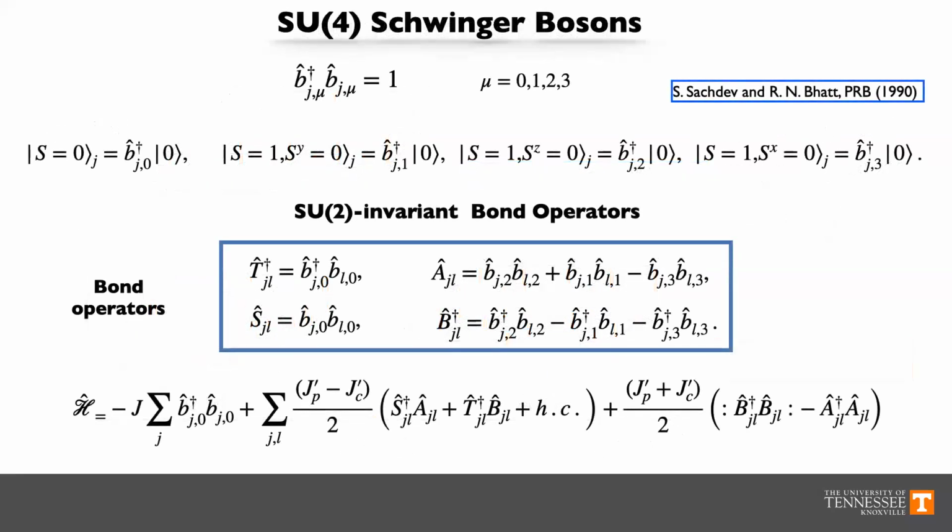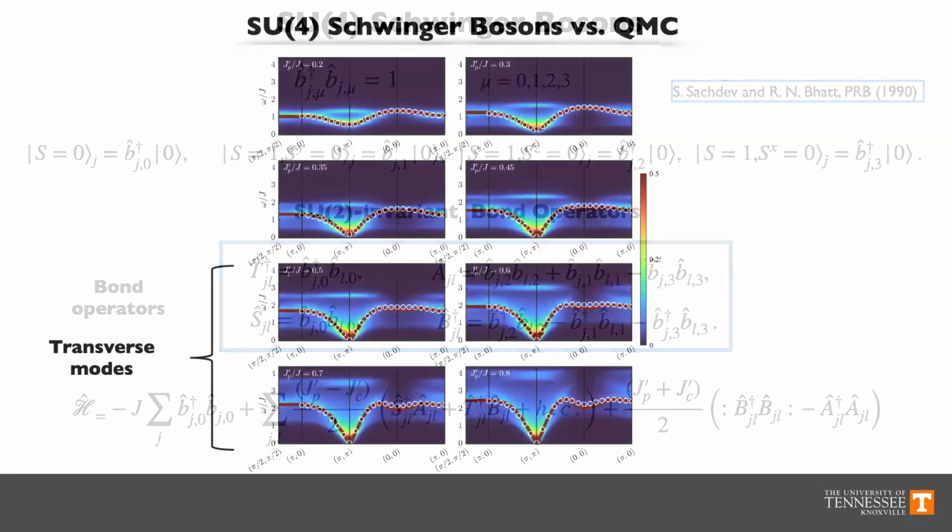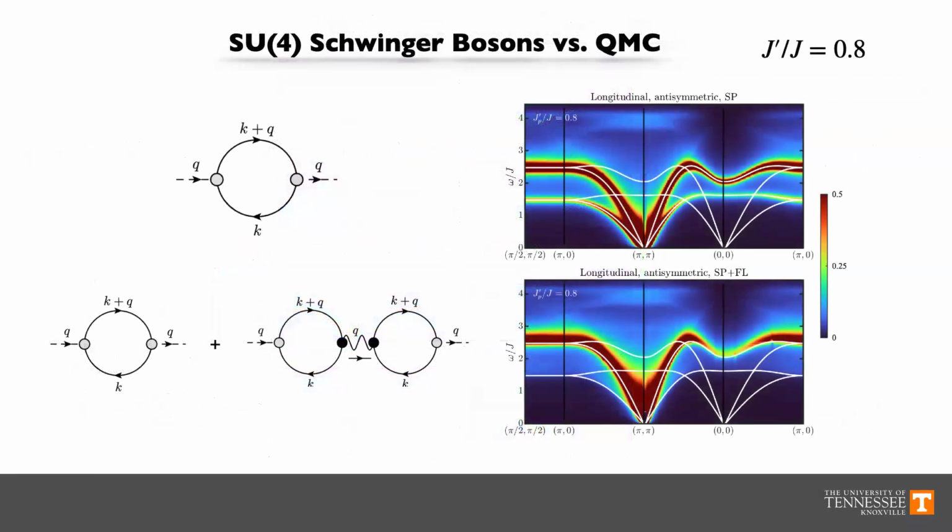Good, and basically, the story is that you can not only compare the transverse modes, you can also compare the longitudinal mode. There is a longitudinal mode on the ordered side that will be overdamped. If you stop at the saddle point level, again, you get the spurious mode. But if you add this counter diagram that I was describing, you get rid of the spurious mode and you get the overdamped longitudinal mode on the magnetic field,